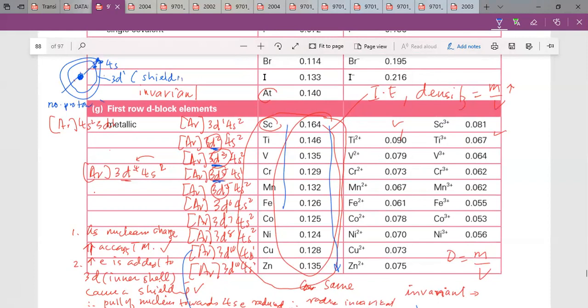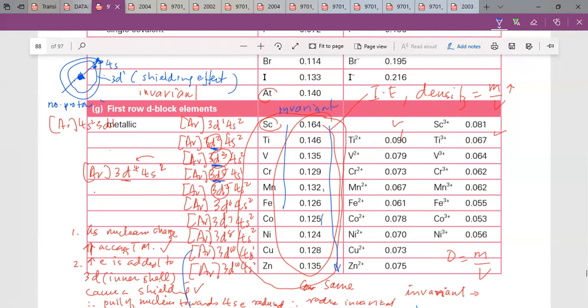Okay, shielding effect. Therefore, they cancel off some of the pull of the nucleus towards the 4s. That's why they will decrease a bit, or they will decrease a bit and increase a bit, decrease. So there's a general point of invariance, or don't change much. Okay, the answer is don't change much, or they will decrease a little bit, or they're invariant. Okay, the radius is